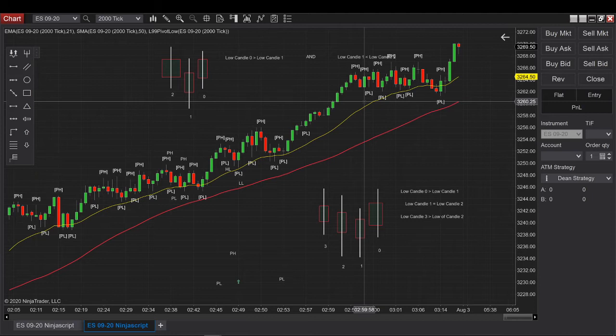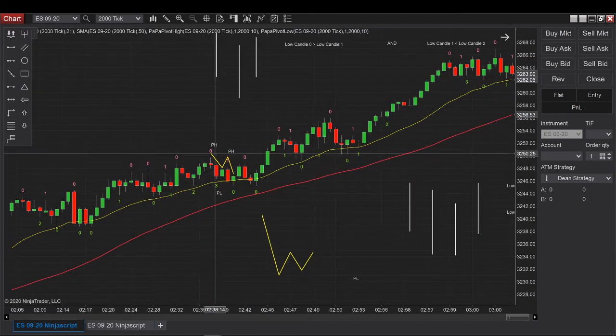But counting pivots is very, very simple. First, you need to know what a pivot is, and I showed you the definition of a pivot. Second, you need to know when a pivot resets. And third, you need to understand that to have a two-legged pullback, you need 2 pivot highs and 2 pivot lows. Once you have this definition in mind, it's very easy.